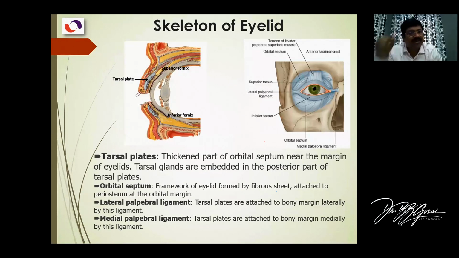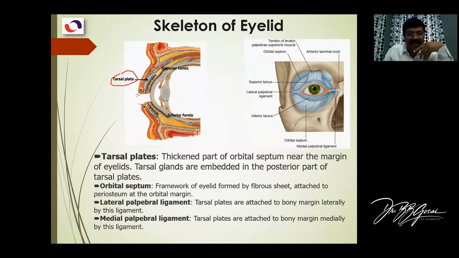That is the skeleton, how this curtain moves up and down. This particular curtain has a plate, the tarsal plate, this part. It is a thickened part of the fascia. The one in the upper eyelid we call the superior tarsus. The one in the lower eyelid we call the inferior tarsus. The inferior is smaller and the upper one is bigger, as you can see here. It is like a skeleton and it makes the eyelid shape.